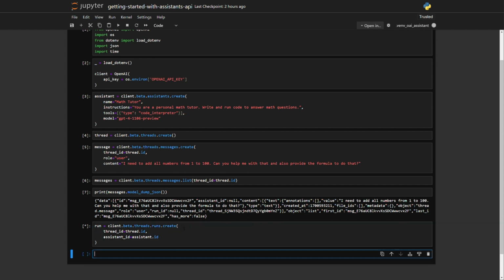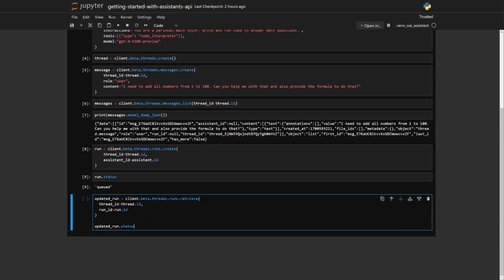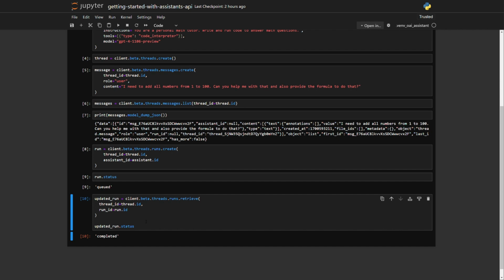This should create a run, and immediately if you see run.status, it would be in queued status. So we need to do polling and retrieve the status of the run. It would take some time for it to respond. It's asynchronous. As soon as you create the run, it basically goes into queued status, and then once the assistant